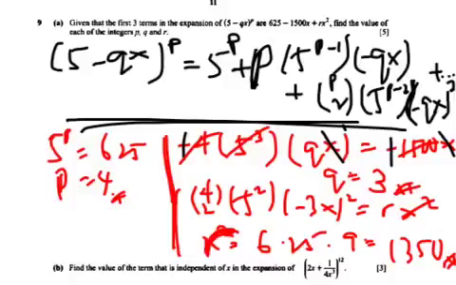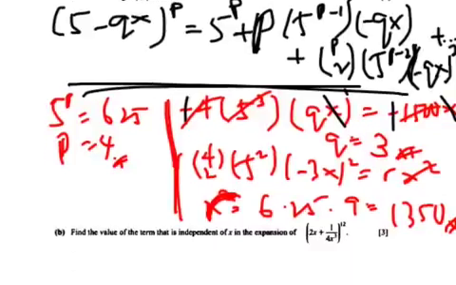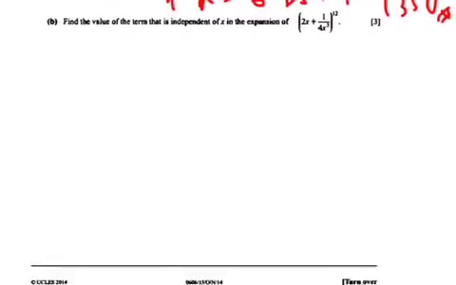So now let's continue with part B. Find the term that is independent of x. Okay, when they say independent of x, that means you don't have x. It means that you're looking for the term with x to the 0 power. So we know the term